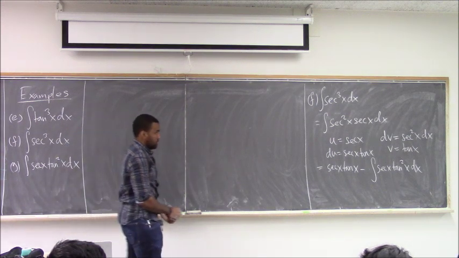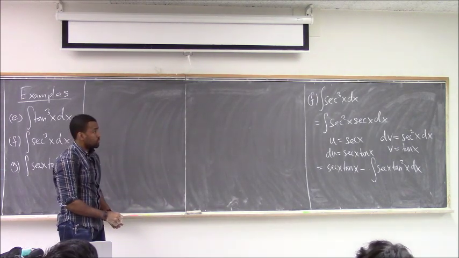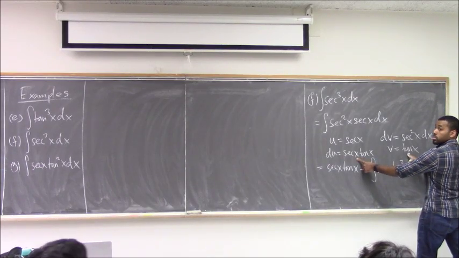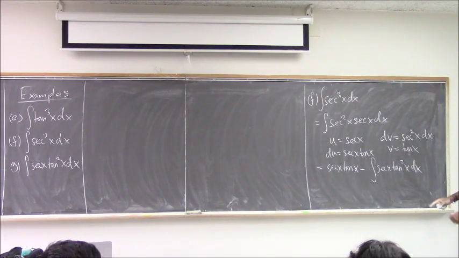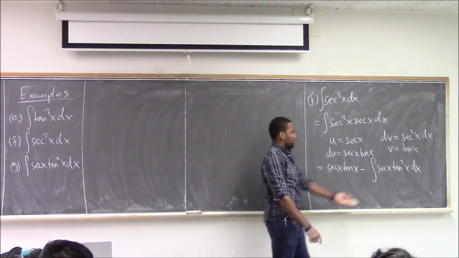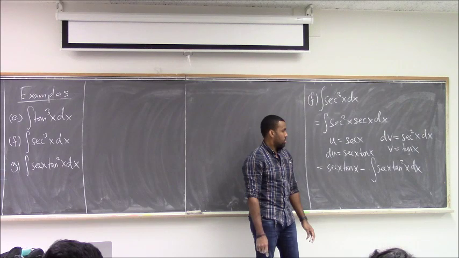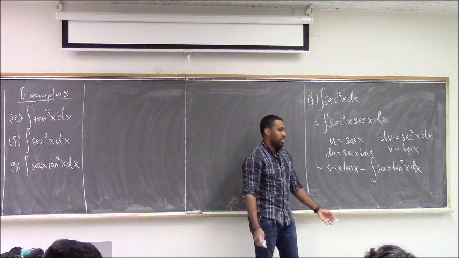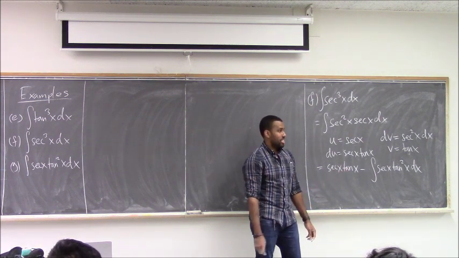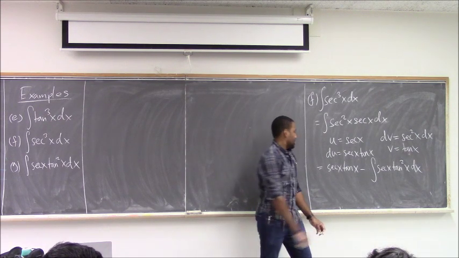Ideas at this point? The formula is v du, so tangent times the tangent is tangent squared. What do I do with that? Isn't that another case 3? Yeah, m is odd, it's another case 3. So what do you want to try? I would do tan squared x equals secant squared x minus 1. And then if you distribute it out,